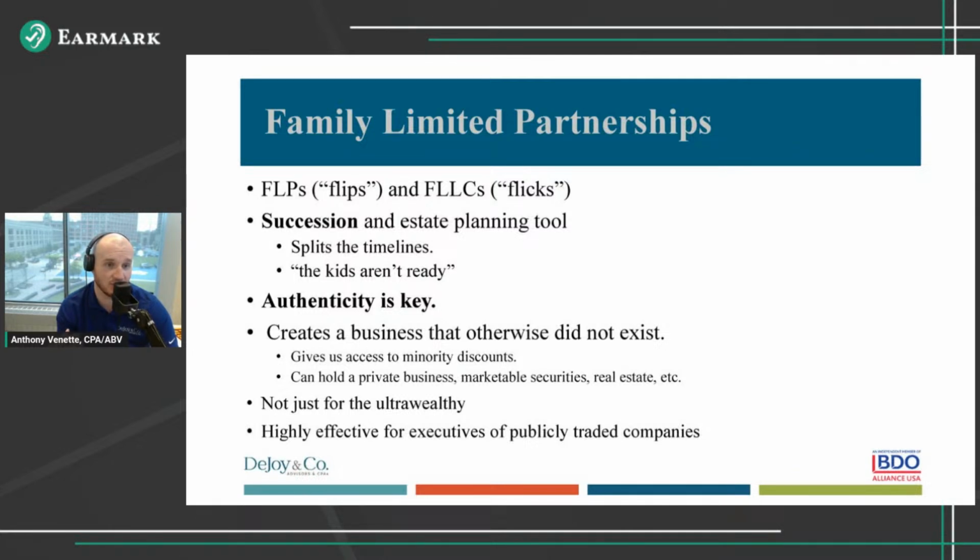And then when I'm ready to succession plan, right, we're having these quarterly board meetings. I'm meeting with all my family members. We're talking about all these things, right? I can get them educated and up to speed. When I feel comfortable, I can gift off that final GP interest to them, or I could even just leave that in my estate. And I probably don't have a ton of exposure on that relative to the 99% of value I was able to transfer over without that. So I always plug and say, this is not just for the ultra wealthy. I know that usually only billionaires have these, but these strategies apply down the line, and the compliance cost isn't huge. And I love the fact that we can benefit by splitting succession and estate planning under their own dedicated timelines.